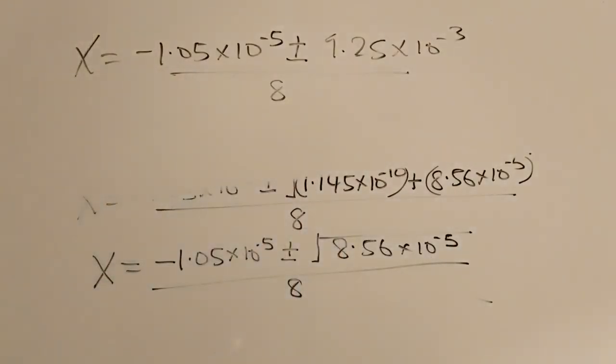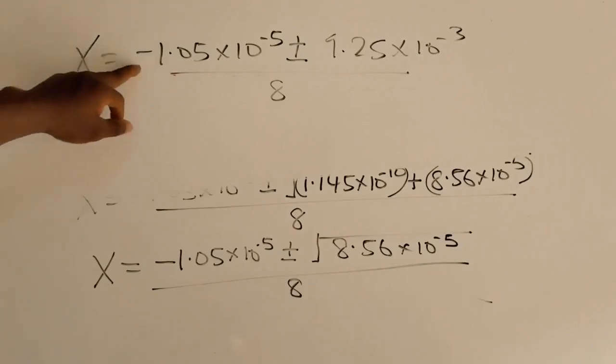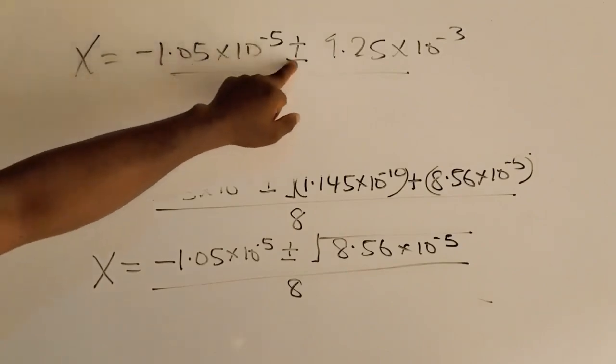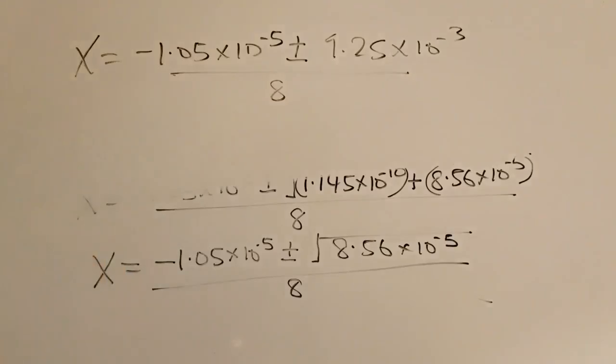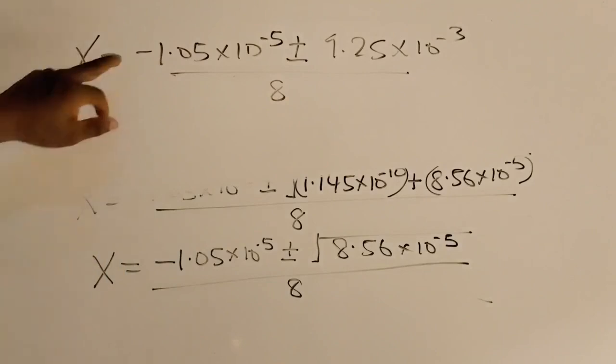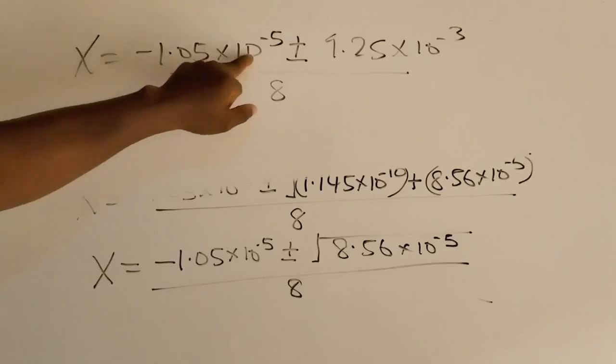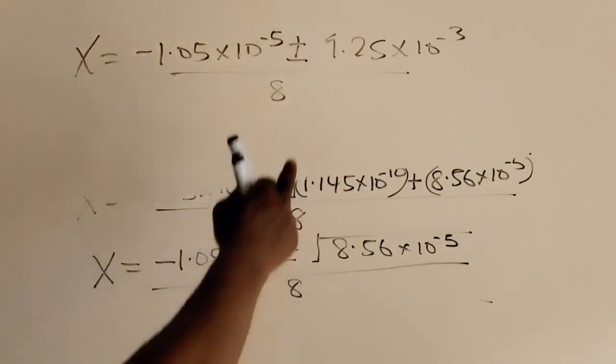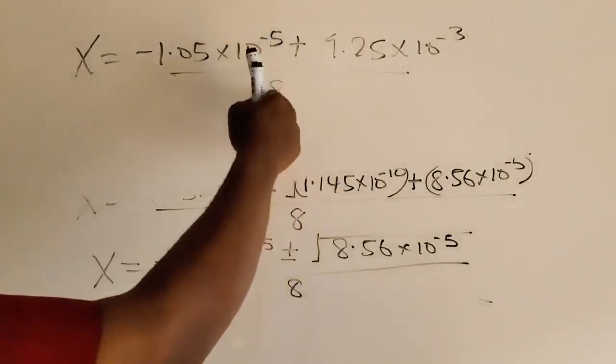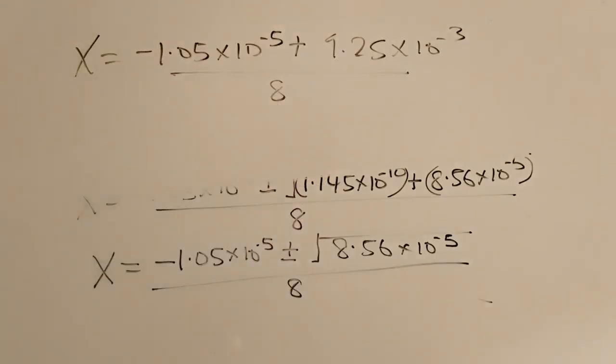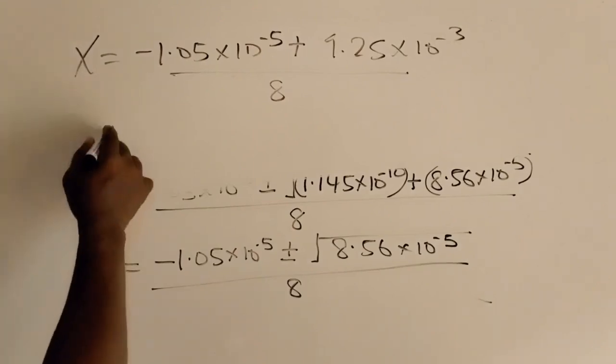And since the value of S should be positive, if I perform subtraction, that is 1.05 to the power minus 5 minus this over 8, it will give me a negative answer. So I want a positive answer, so I will do the addition. That is minus 1.05 to the power minus 5 plus, so that will get the positive answer, plus D divided by 8. So when I do that, the value of S will now become